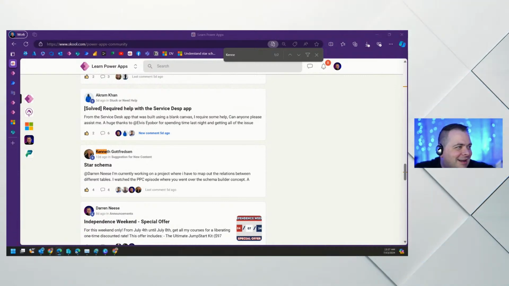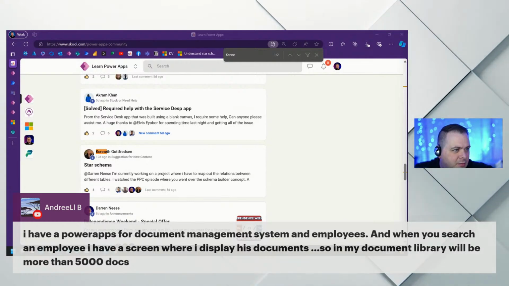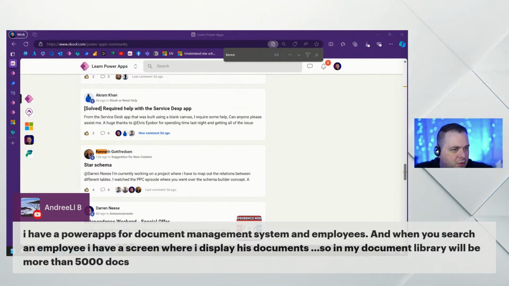And all right. So anyway, I have a Power Apps for document management system and employees. And when you search an employee, I have a screen where I display his documents. So my document library will be more than 5,000 docs. Okay. And when you search an employee,